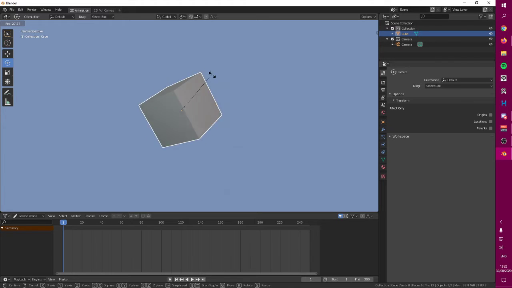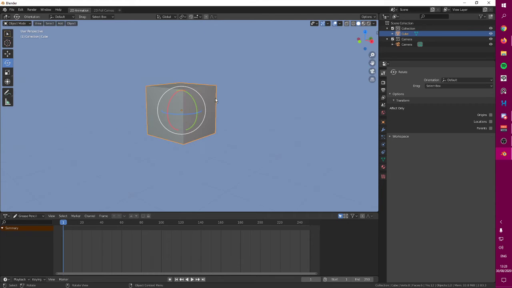So after pressing R, if you press X, this is going to only rotate under the X axis, this one. If you press Y, it's going to rotate on the Y axis, okay?